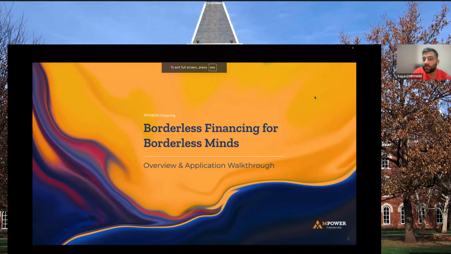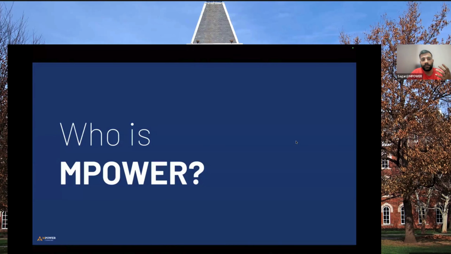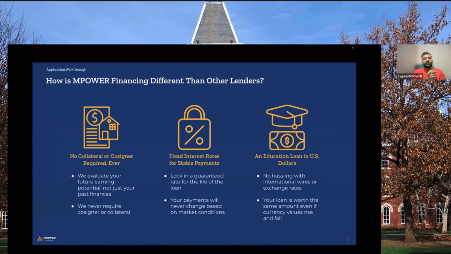That is where Empower came in, as a product that wanted to help a lot of prospective international students and remove any kind of funding barriers. So when we say we want to remove these funding barriers, how do we do it? We exist to help international students succeed in the US. And how do we do it? Who is Empower? Why do we exist? This is what we are about to answer. So first, how do we help international students? How do we enable access to finances for their higher education?